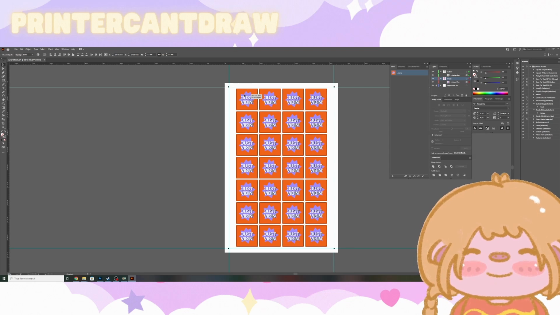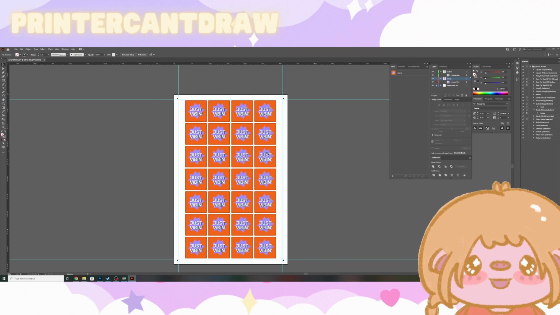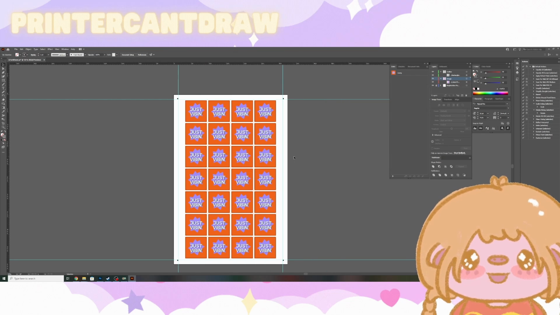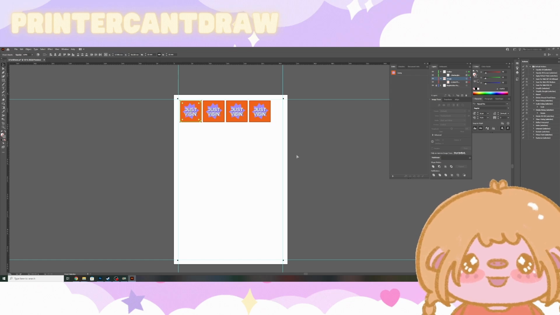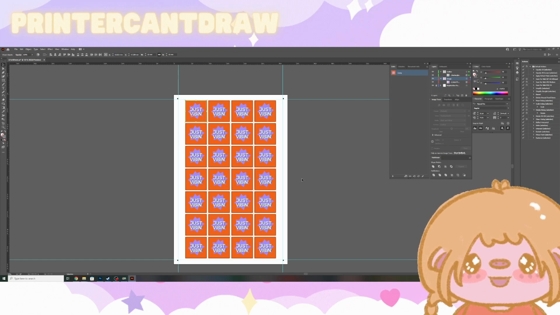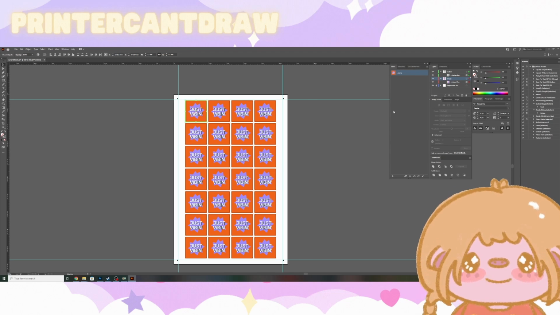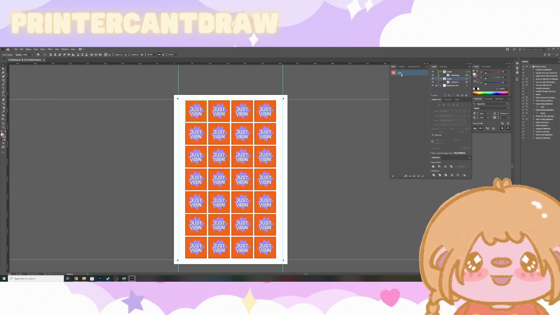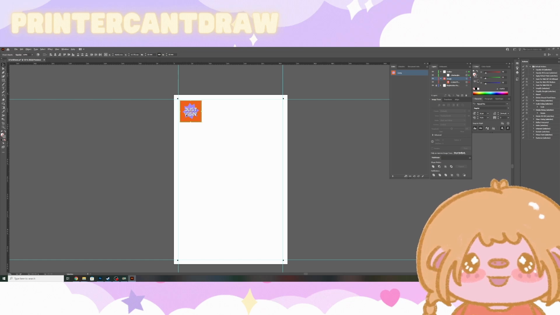So we're just gonna move this up. And voila! So you're done with your first layout. And why did I mention that you shouldn't use the alternate shift and left click duplication function just now is that if you actually take a look now, once I did the distort and transform method, you can see that if you bring out the links tab, the artwork remains a single artwork, as compared to when you alternate shift and left click,